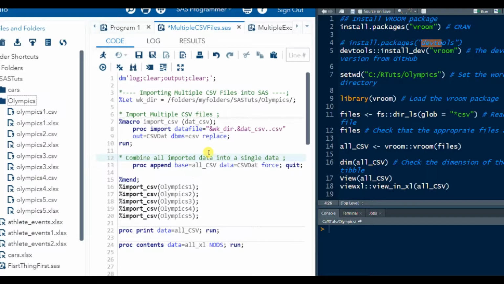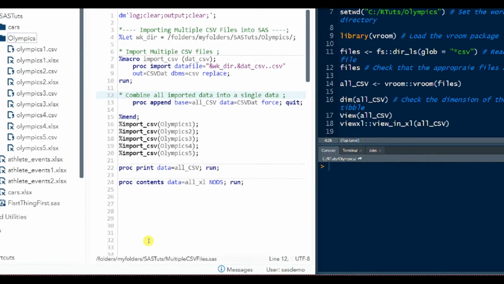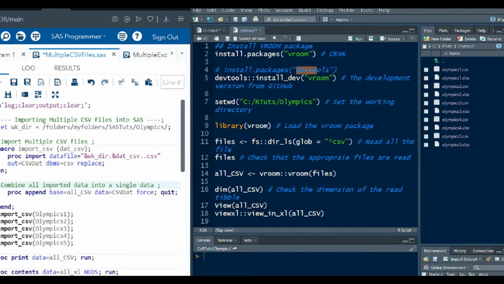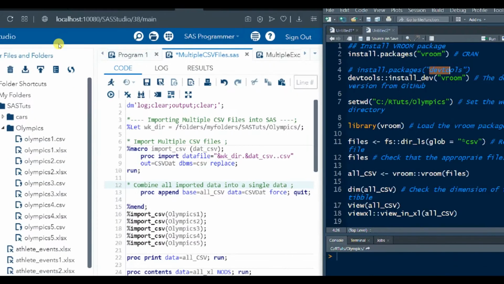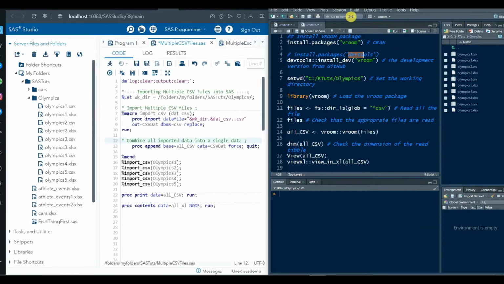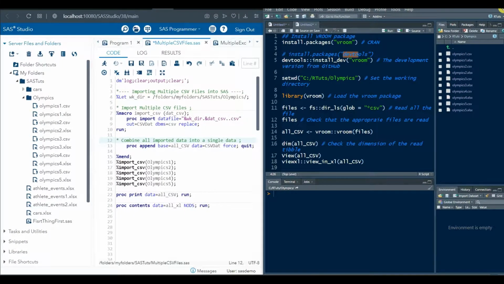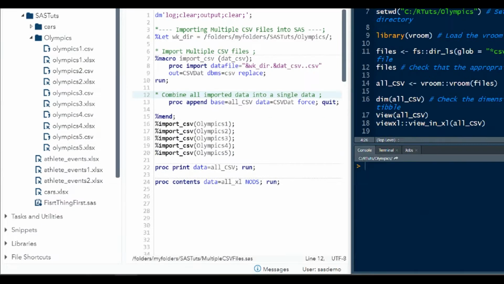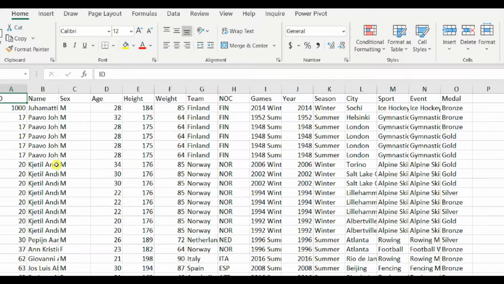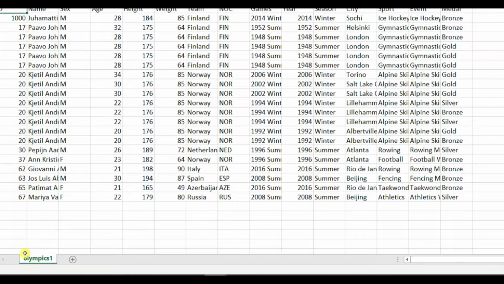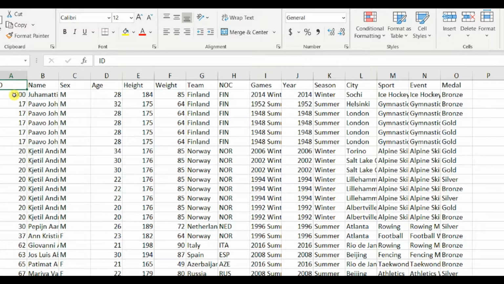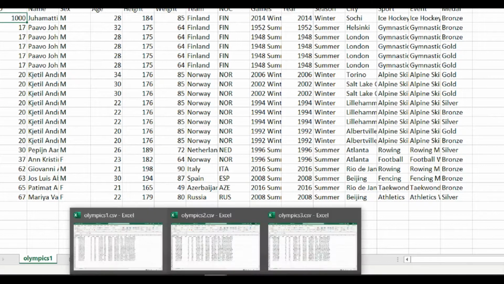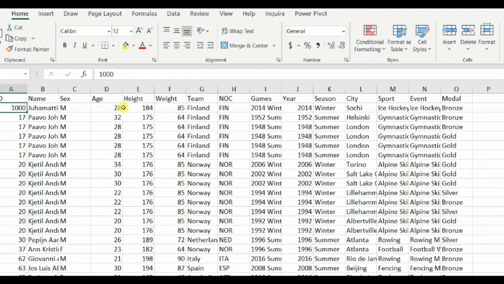Okay, so just to give you a feel of the data and how I set it up, let me put this thing this way. Now I want to show you how I set up the data set. Okay, here is the data set. I just replicated it. It has the name Olympics 1, and here is an identifier that I added to it. It doesn't even go with these numbers here. So I just added 1,000, and this is the first sheet, first